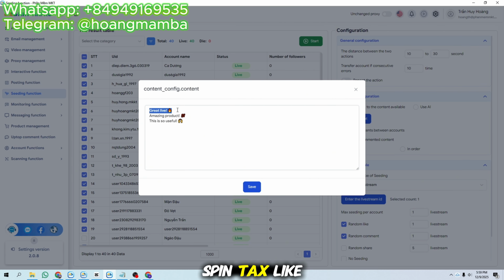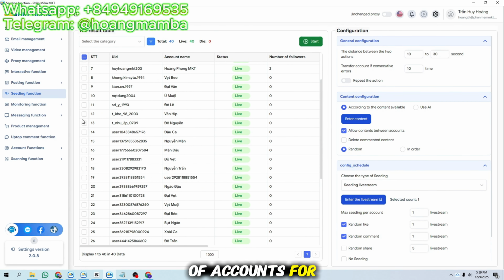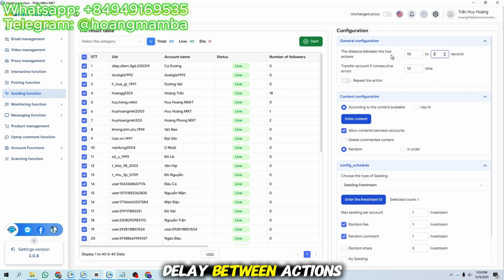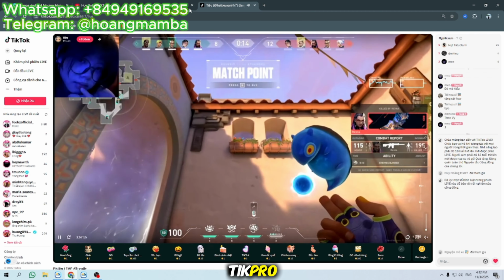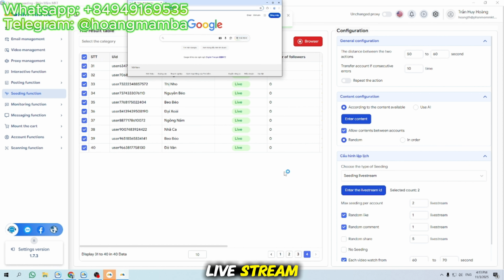You can use spintax like this. Great live. Amazing product. This is so useful. Step 5. Choose the number of accounts. For example, 10, 20, or even 100 accounts. Step 6. Set delay between actions. For example, 10 to 30 seconds. Step 7. Click Start. Now, MKT Tik Pro will automatically send likes and comments to your TikTok live stream, safely